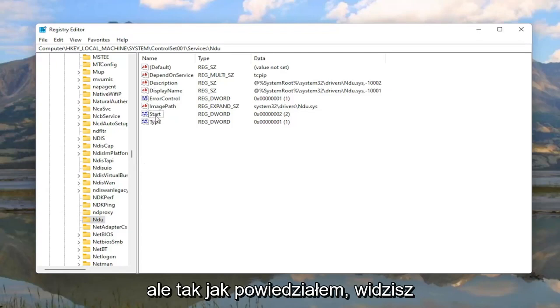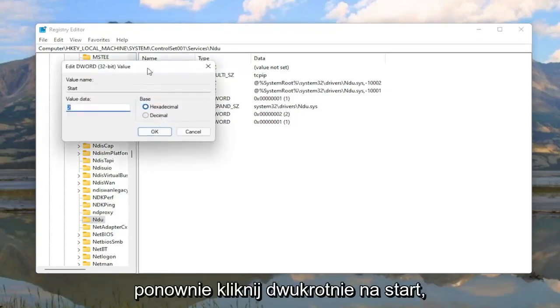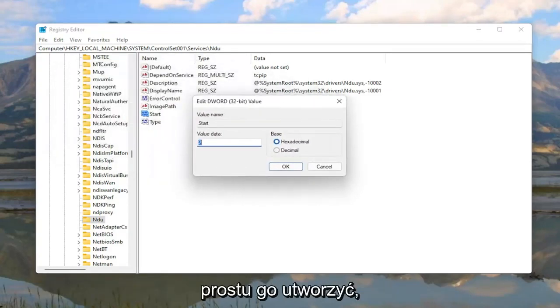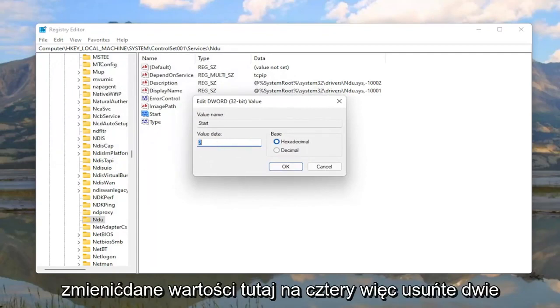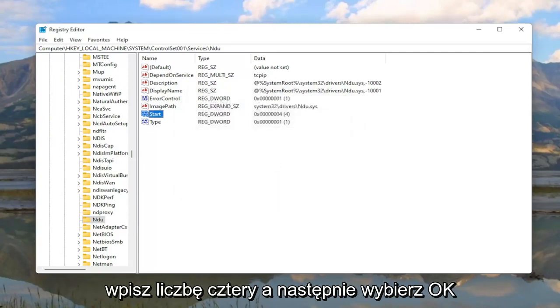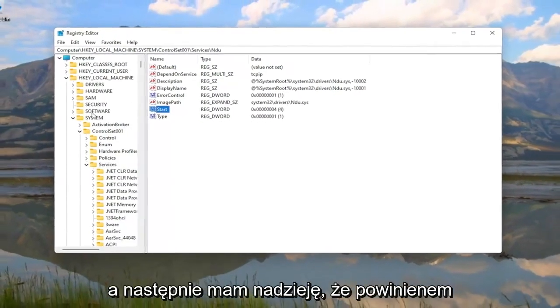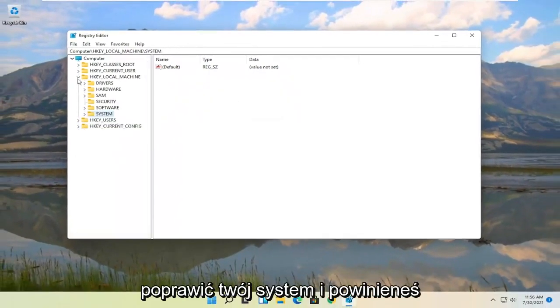But like I said, you do see there a DWORD value in here with that exact same name that I just said. So again, double click on Start if you see it. If you don't, you're going to have to just create it. And then you want to change the value data in here to 4. So delete the 2, type the number 4, and then select OK. And once you do that, you can close out of here. And I would recommend restarting your computer, and then hopefully that should have improved your system, and you should be using